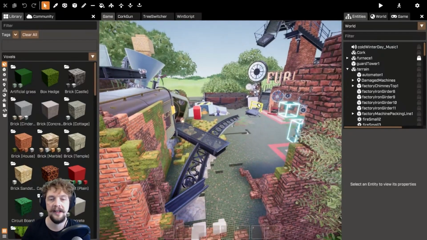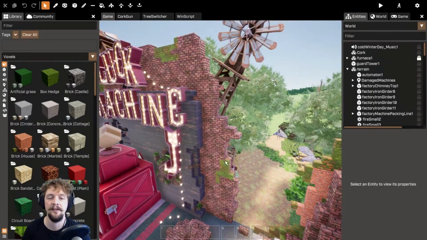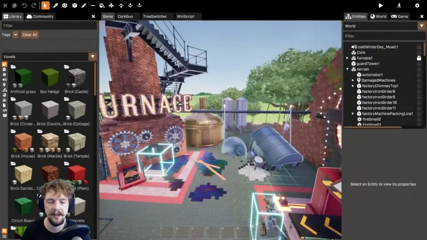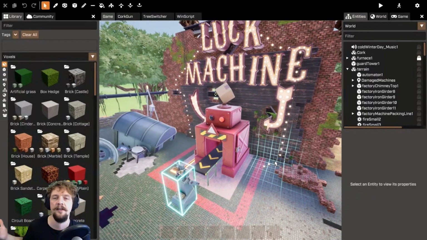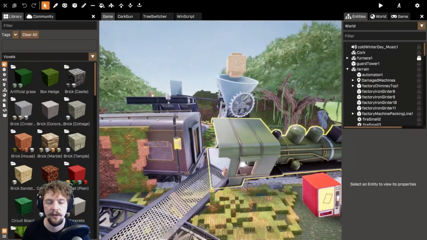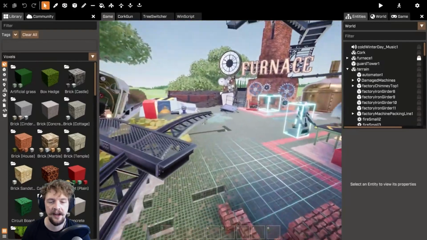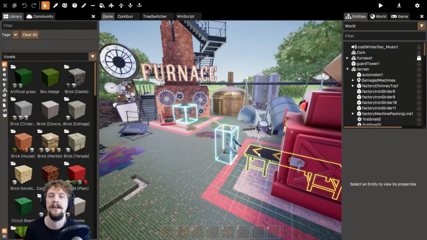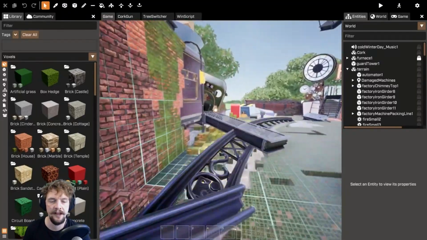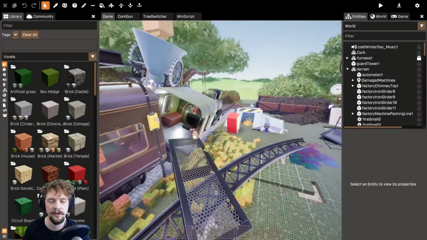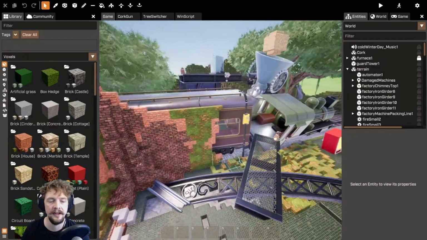So once I decided on that mechanic, then I approached the theming of this. The theme was already established when I made this Luck Machine as a post-apocalyptic factory type thing. And so I've really tried to sell that in this iteration by adding a lot more mini stories around the game environment. So for example, we have this train over here, which looks like it's crashed into the wall. And I've built on that by adding some more bricks and,